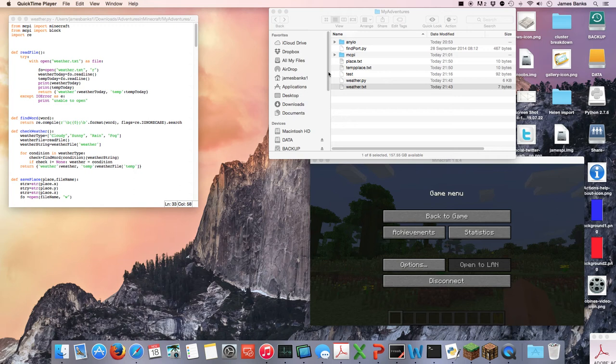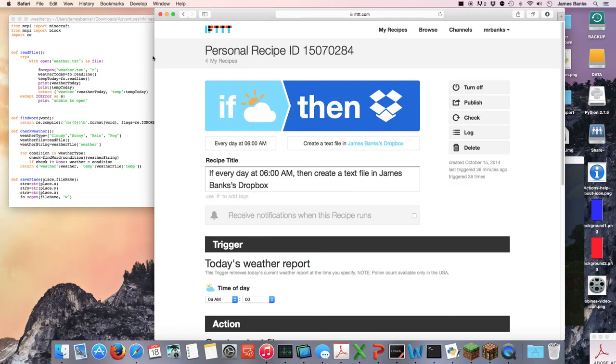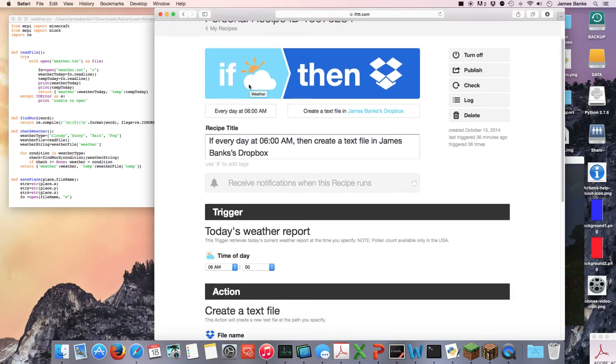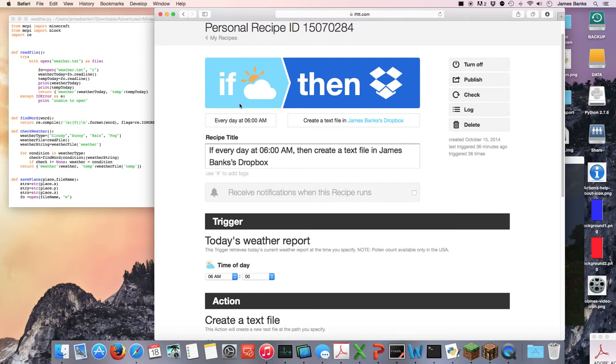So the easiest way for me to achieve this was to grab a weather forecast and drop it into my Dropbox using If This Then That. If you've not seen If This Then That before, check it out, ifttt.com. You can use it to trigger loads and loads of different events for loads of different things. But all I'm using it to do today is